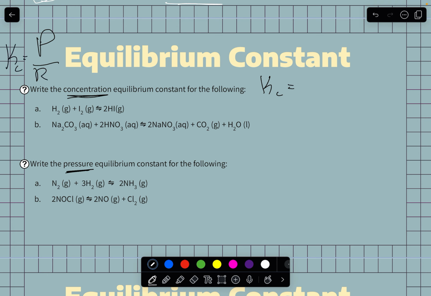Okay, so our product is the HI, and it's a gas. But we're doing concentration, so I'm going to put the brackets, HI. And then remember the coefficient, the number in front, is going to be my exponent. So HI squared divided by my reactants are H2 and I2. And they each have a coefficient of 1. Okay. For B, our Kc,